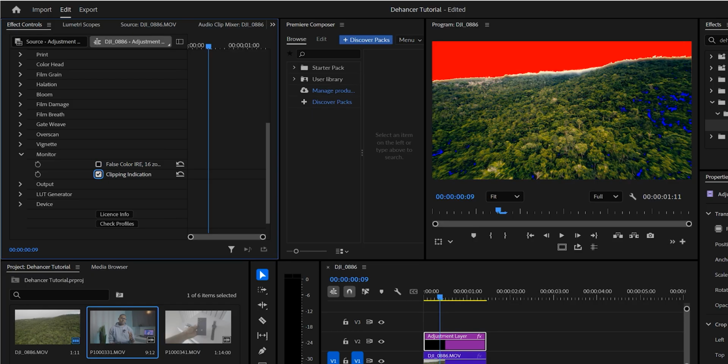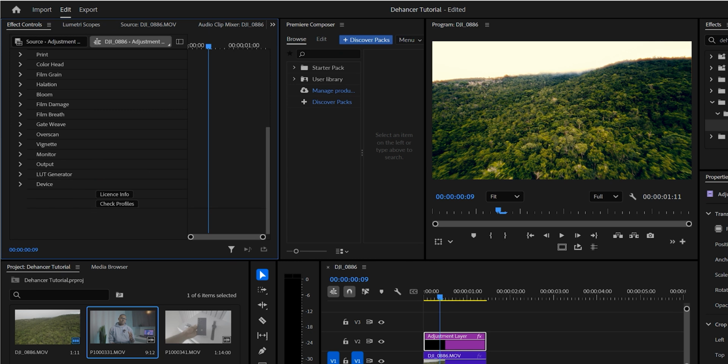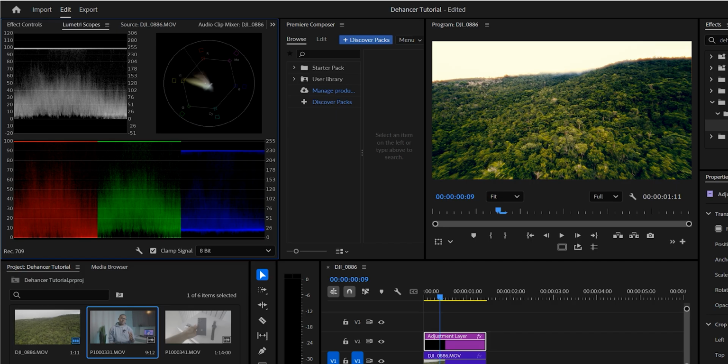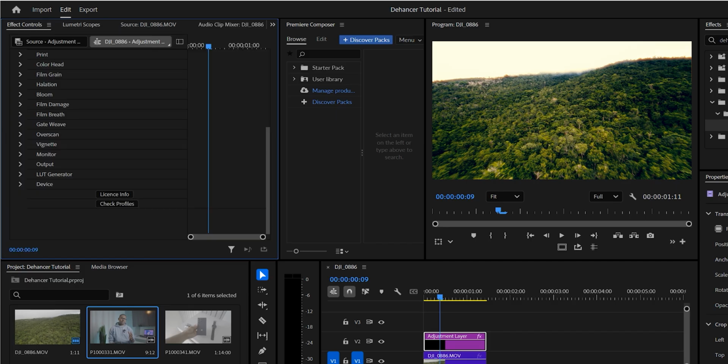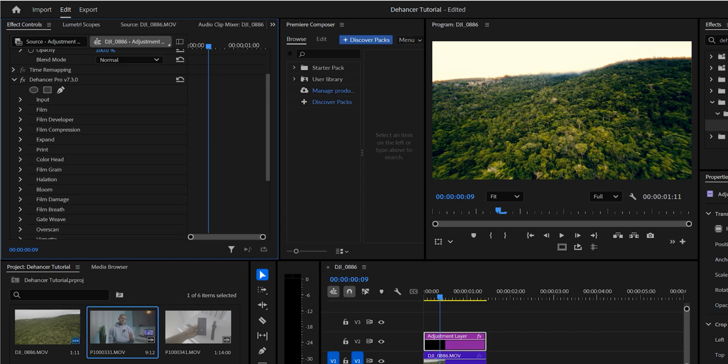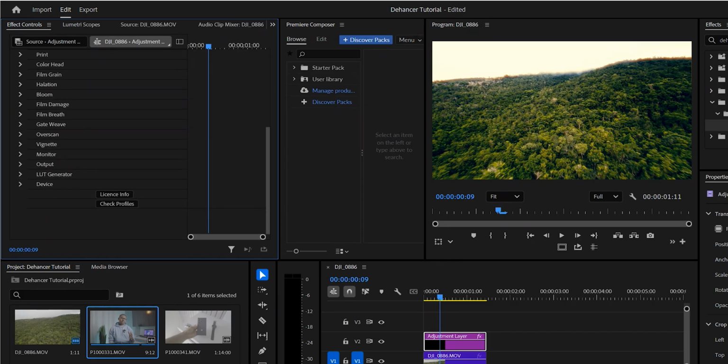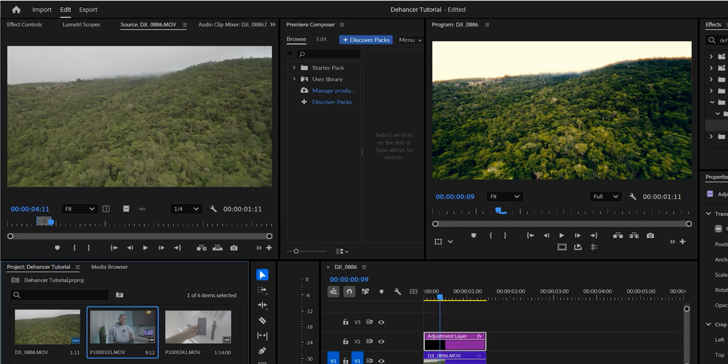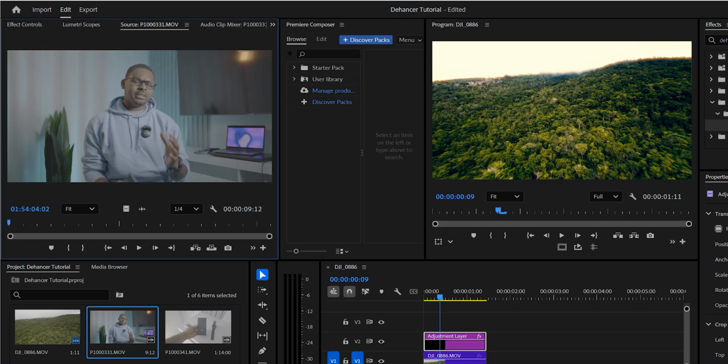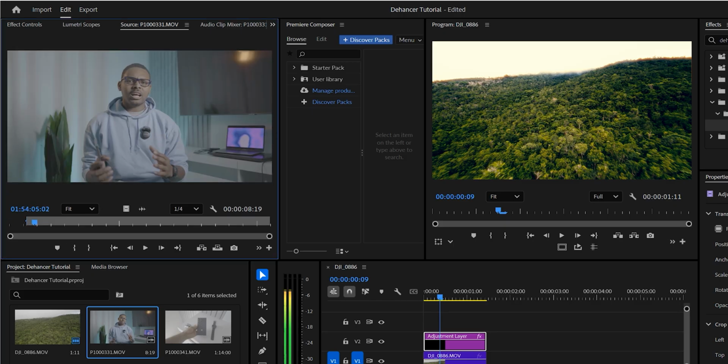And you also have clipping indication where the highlights are too bright or your shadows are crushed, and that's lovely, especially if you didn't get to monitor it on your camera, or you can't be switching between your Lumetri scopes. You can do it all here in the Dehancer Film Emulation plugin. Now let me go right ahead and utilize the Dehancer Film Emulation plugin to transform this video of me talking